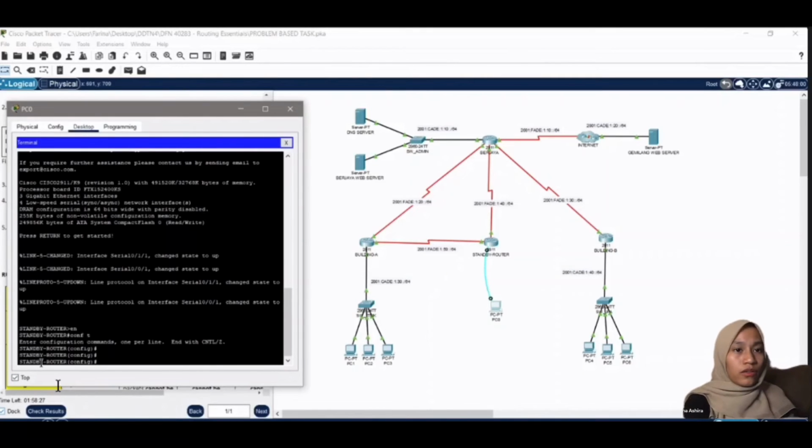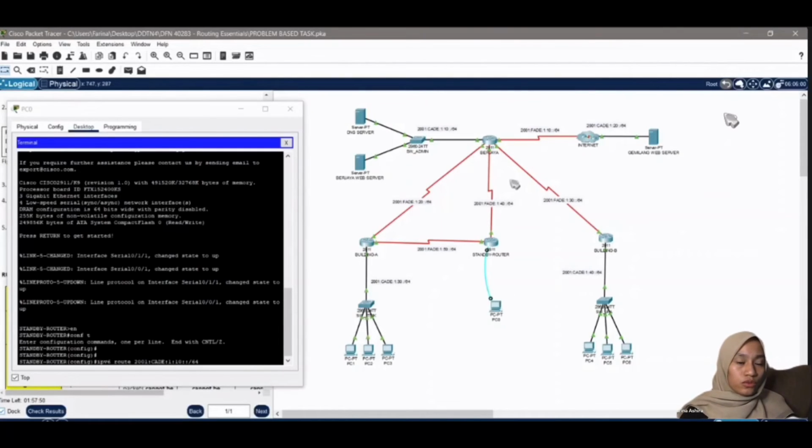Okay, for standby router, the ones connected are 2001 fit 1.40 and 2001 fit 150. So the other that isn't connected needs to be configured. So I will do ipv6 route 2001, okay, 1 10 /64. So for standby router, I will use